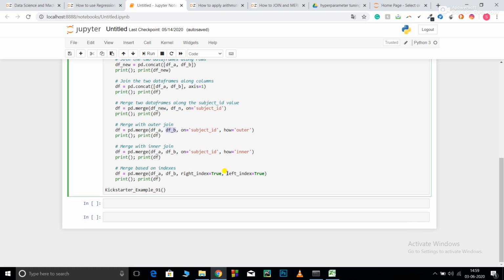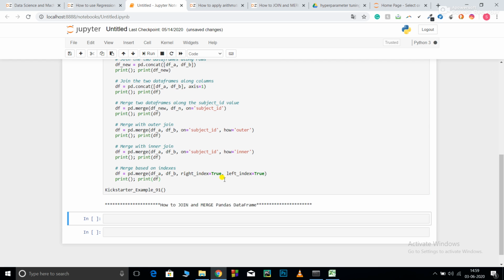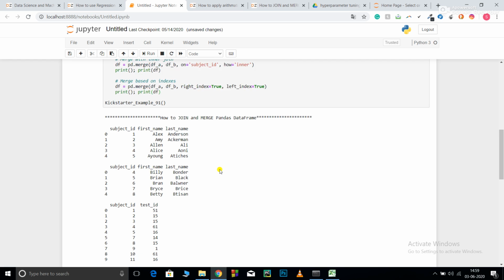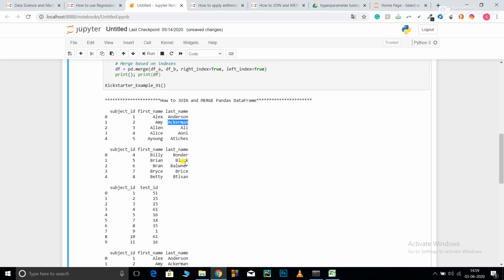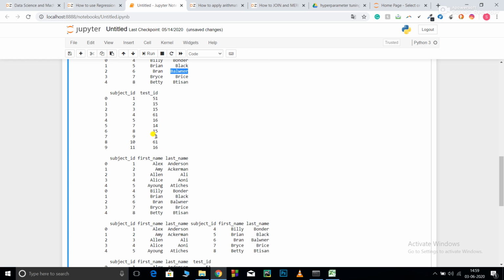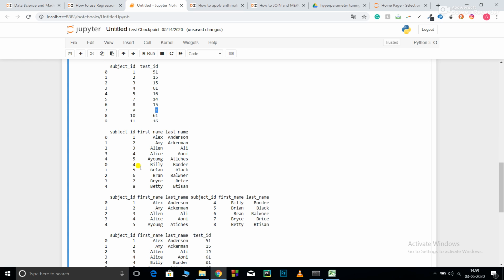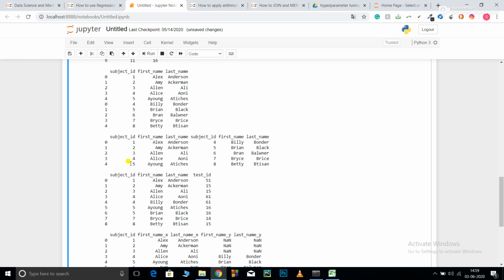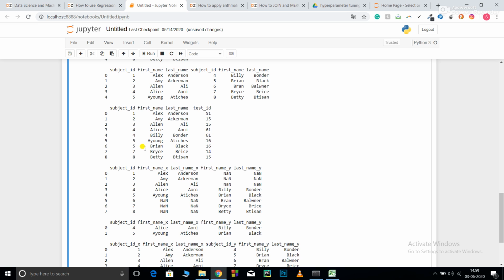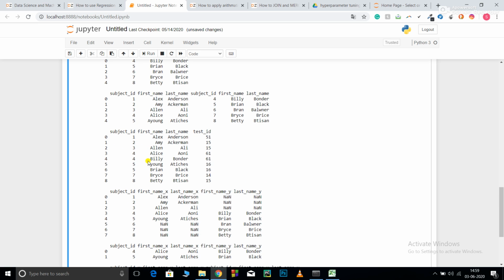So after that I am finally doing a join which is based on indices. Okay, now let me run. So you can see this was data frame 1, this was data frame 2, now this was data frame 3. So you can see what concatenation by rows means. It concatenated 1 2 3 4, then it concatenated the other data frame just underneath that. Okay, now after that by columns it concatenated side by side. Now the third was concatenating the third data set.